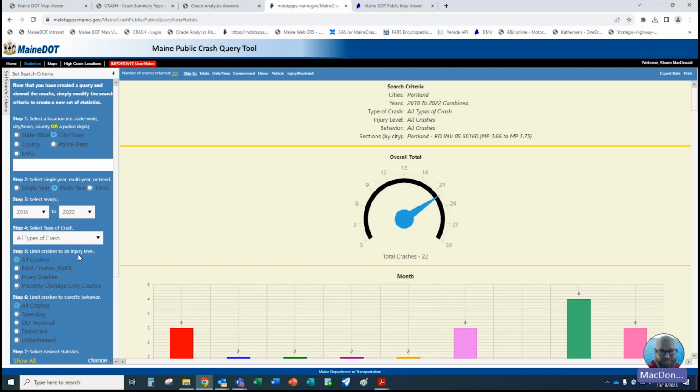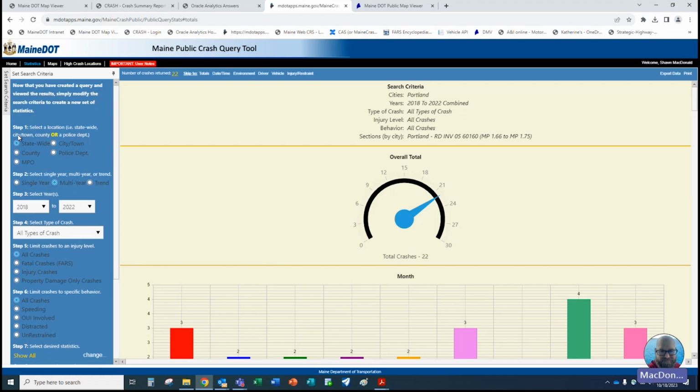Okay, so that's pretty much all I'm going to really touch on today on the difference between the advanced and the basic user. Primarily everything else that we're going to do here is basic user stuff. And we're just going to run through a few different scenarios, looking at some different data. Again, we'll do a statewide. Let's do it for a single year first. Let's just do 2022 rather than doing that many.